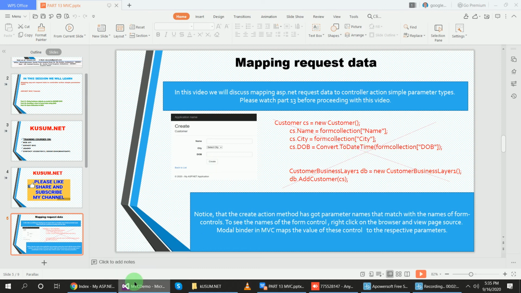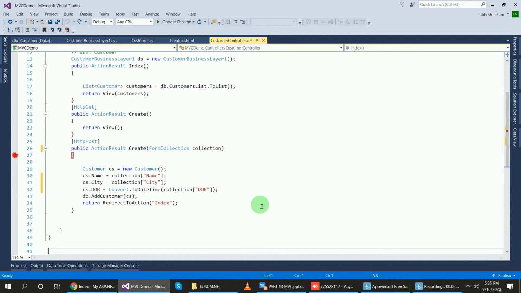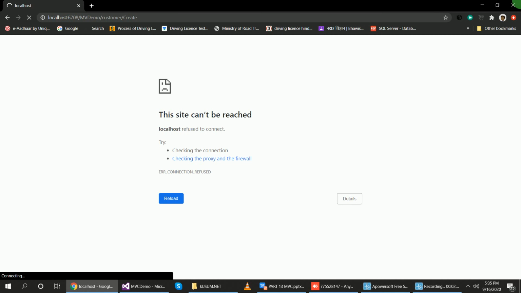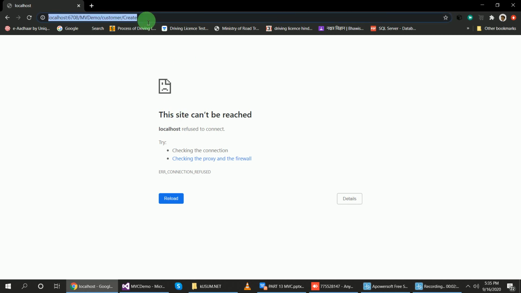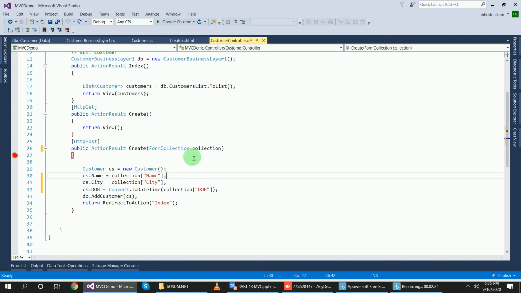So this was my previous code and the output was this one. Simply, I saved that form data using this form collection object.